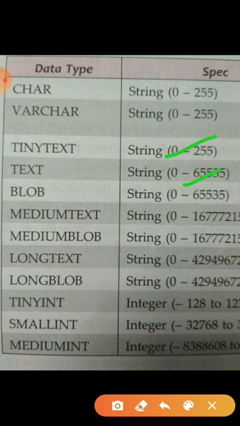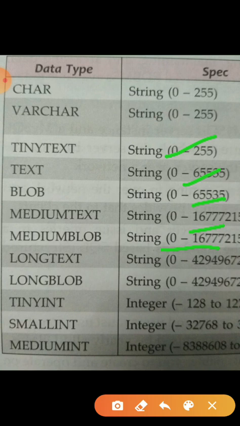Mediumtext stores even more, and mediumblob is also the same as mediumtext. Longtext is also very large, the number is uncountable.